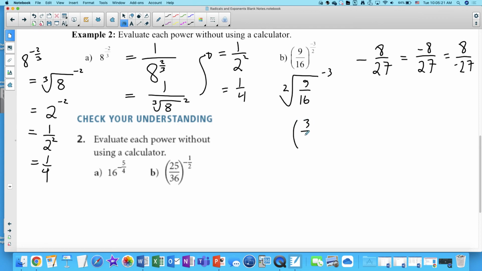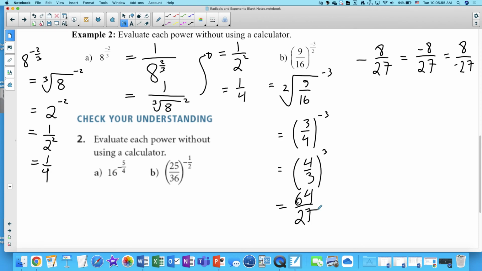How do you solve it? Yes. Make the fraction reciprocal and make the exponent positive. Right, so write this as 4 over 3 cubed. And then that's 4 cubed over 3 cubed, which is 64 over 27. Okay, so that's one approach. That's dealing with the fact that it's fractional first. If you dealt with the fact that it's negative first,